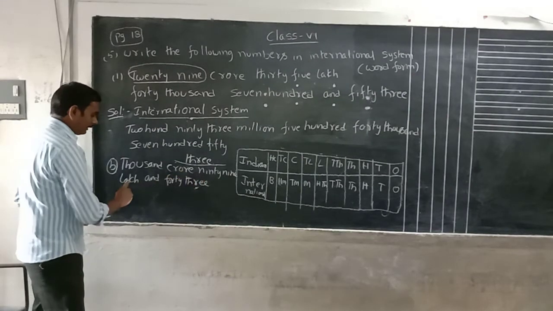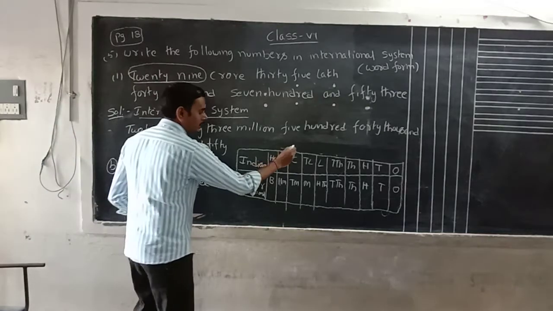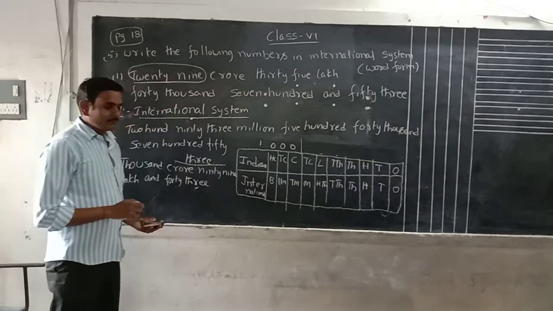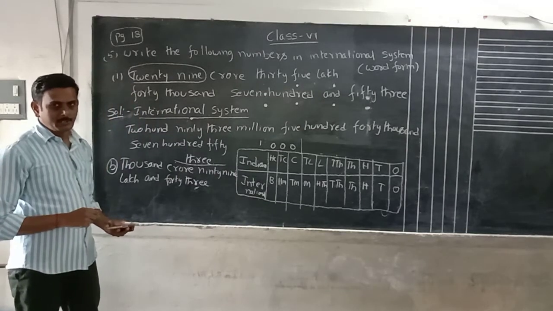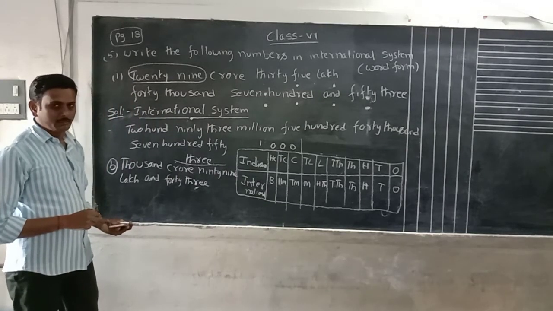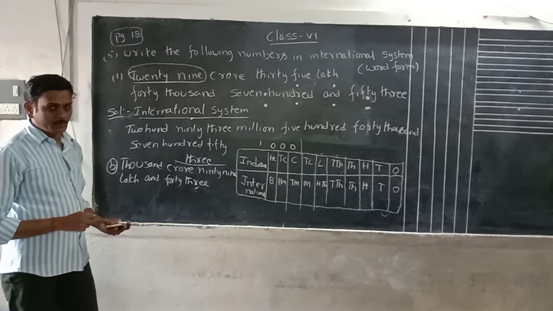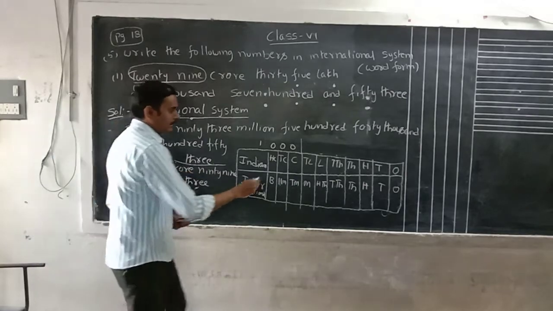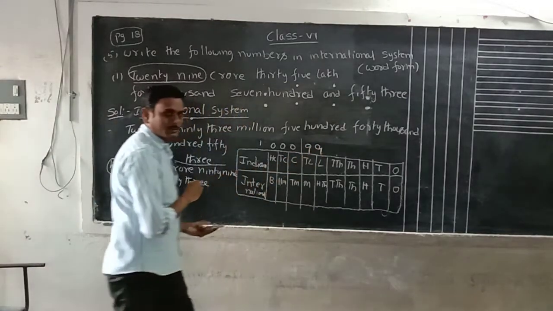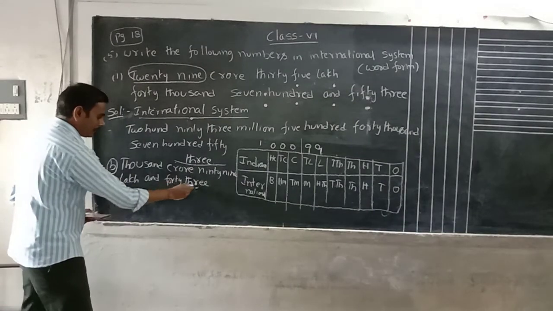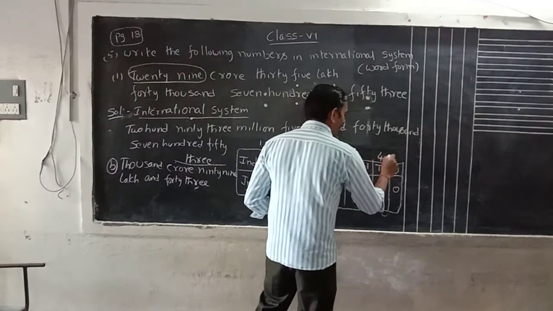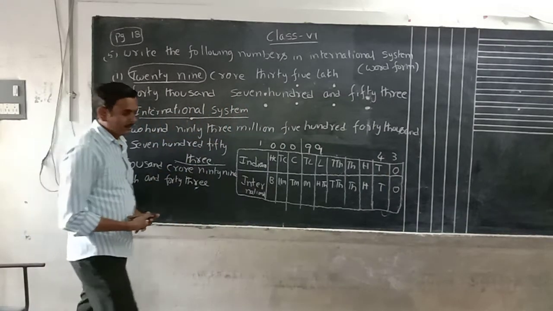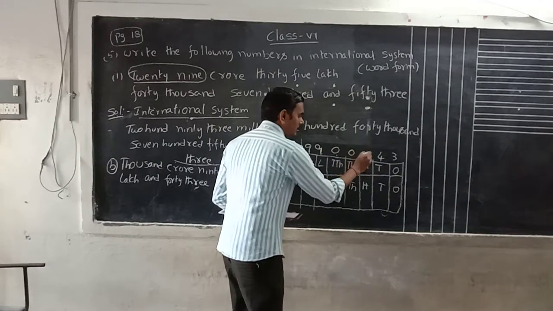1,000 crore, 99 lakh. 1,000 crore means in the crore place, after crore we have 1,000 there. In crore, what is the number there? 1,000. 1,000 crore, 99 lakhs. 43 means thousands are not given, and when thousands are not given you have to keep zeros. The hundreds are also not given, that is also 0.